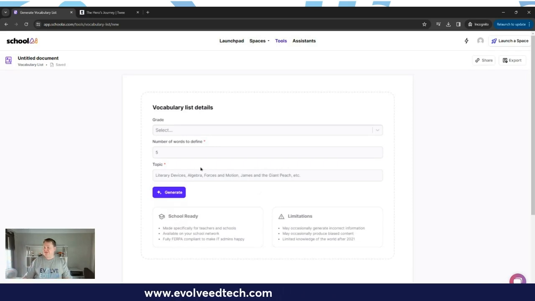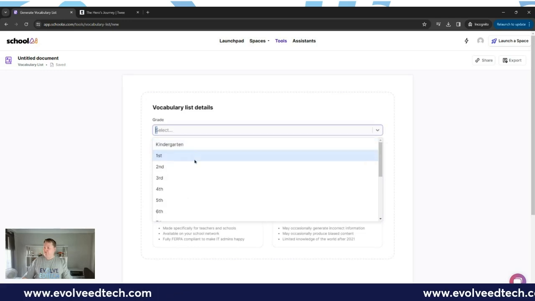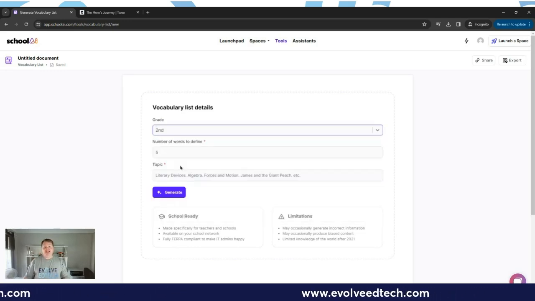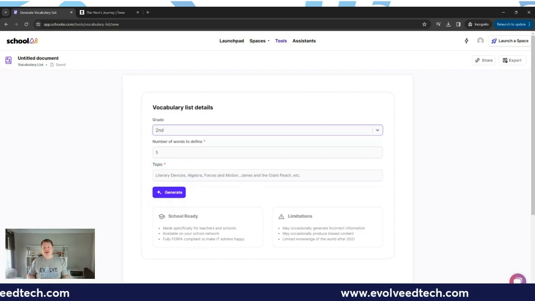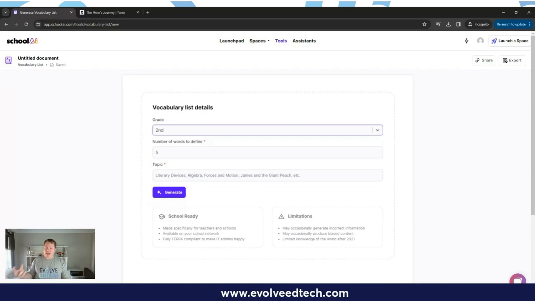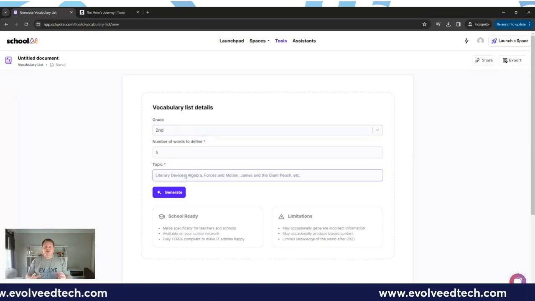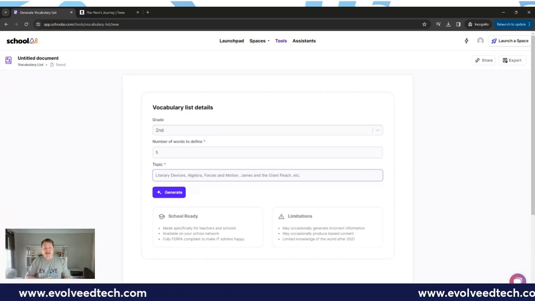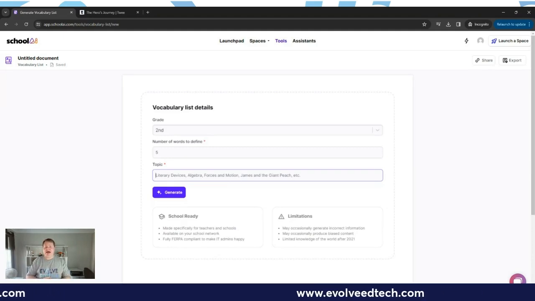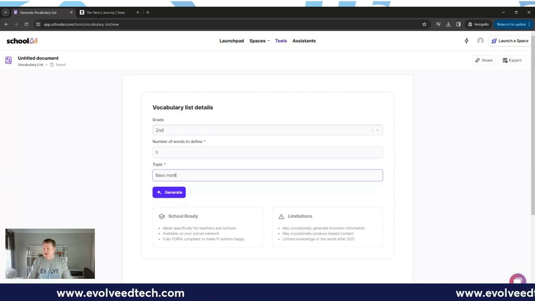The first thing that it asks for is our grade. So how about we start off with year 2 this time. So we'll start off with a primary school example. How many words would we like in our vocabulary list to be defined? You can decide how many you would like. We might just stick with 5 for this particular example. And then we're going to outline our topic. It's got some examples here: literary devices, algebra, forces in motion, James and the Giant Peach, etc. So let's start off with some basic mathematics